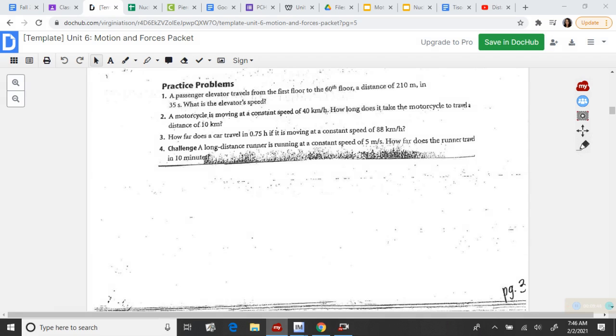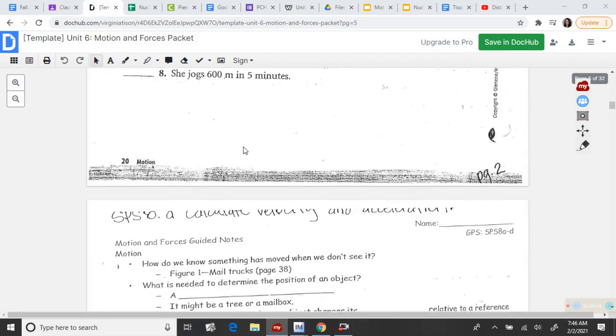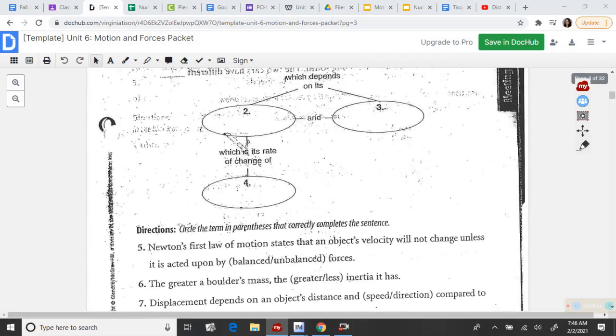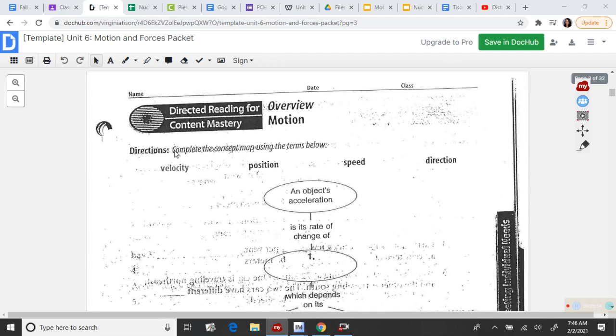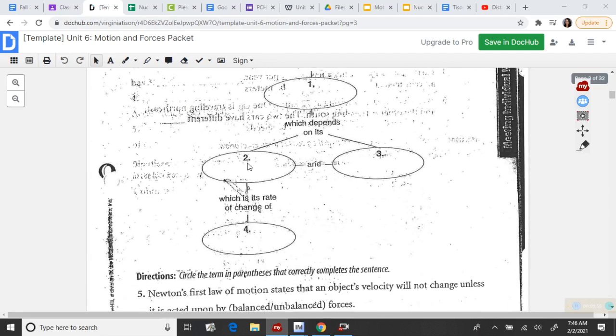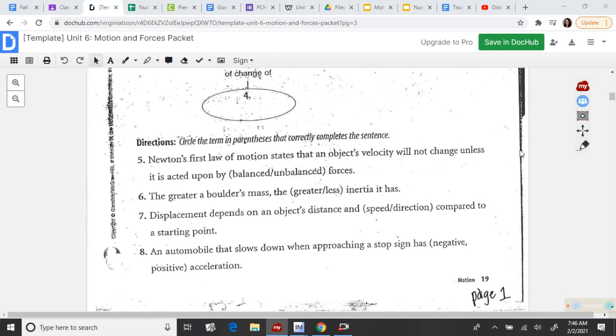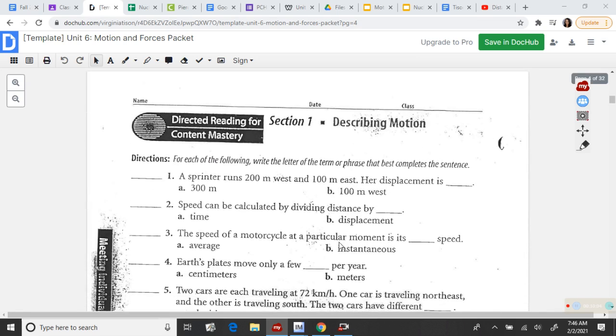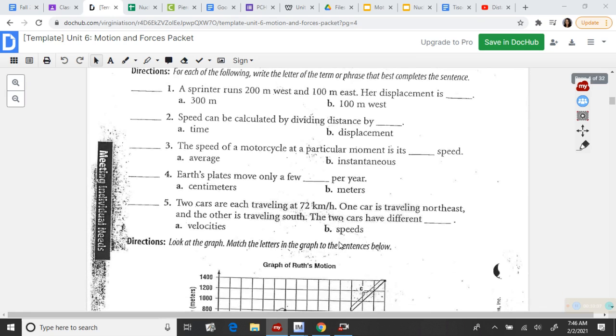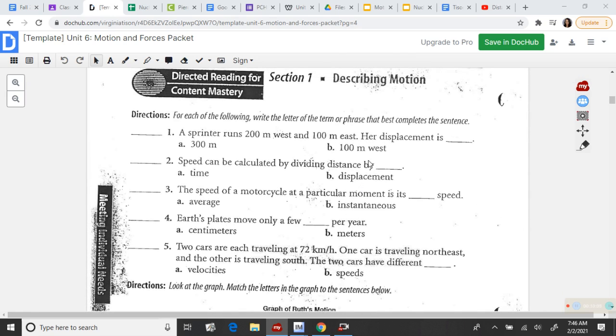All right, so let's look at pages 1 and 2. We're going to go back up. Now on page 1, you are going to use these words in the blank and put them in each box. You can type them in there. And then I want what you think here. We haven't gone over this, so I want what you think. And then right here, you are going to use your triangle and your knowledge of distance versus displacement to answer these questions. If she runs 200 meters west, remember,